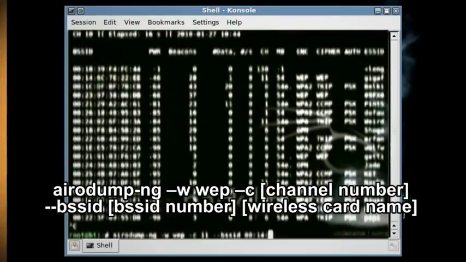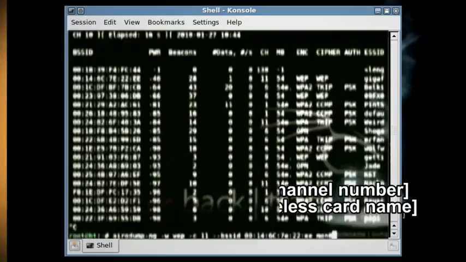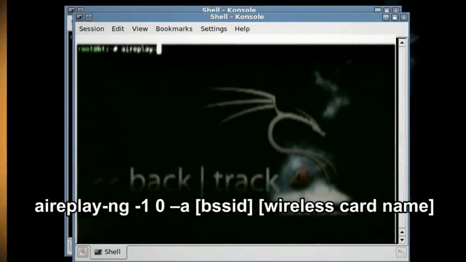Now type airodump-ng -w WEP -c then the channel number --bssid and then the BSSID number and then your wireless card name, and this will link your wireless card to that particular connection. Now just leave that running and open up a new console and type airplay-ng -1